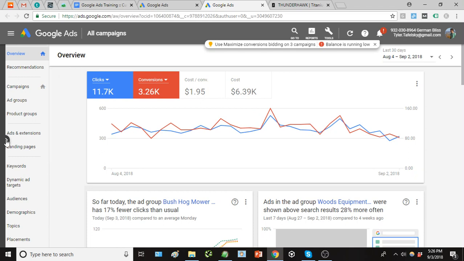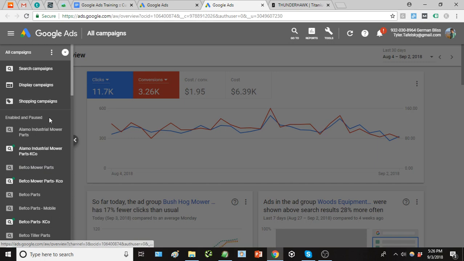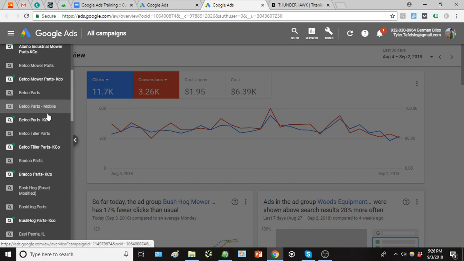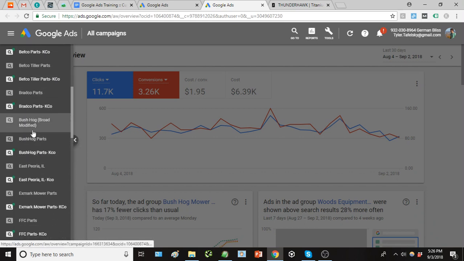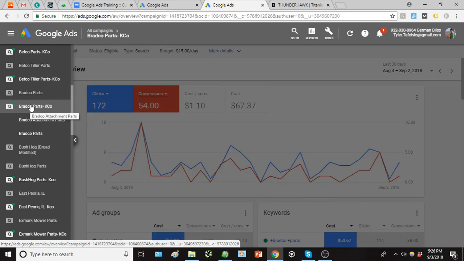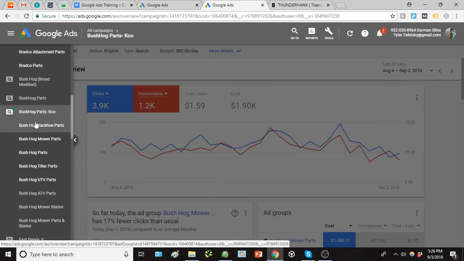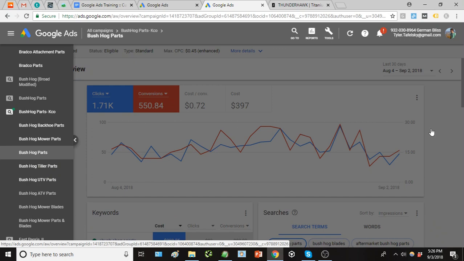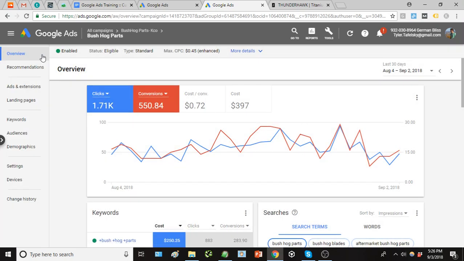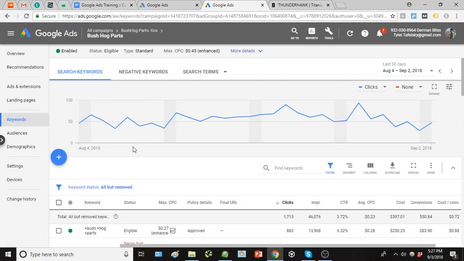And if we click in this area, you can see the overall landscape of the different campaigns that are active. And if we were to click into one that I'm really familiar with, Bush Hog, or excuse me, that's Bradco. I meant to click this one here. We can see the different ad groups nestled under this campaign. So if we click into the main Bush Hog Parts ad group, we'll be taken to the overview interface, but I like to go straight to the keyword interface